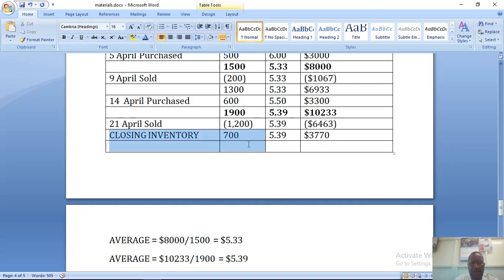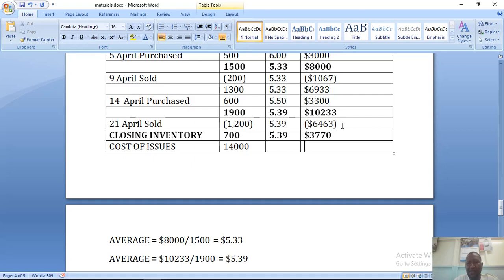What's the total cost of issue? The total cost of issues, the total number of units issued will be 200 units issued on the 9th of April plus 1,200 units issued on the 21st of April. That's going to be 1,400 units issued. Not applicable for the issue price because these were issued at different prices, but the cost of issues is going to be